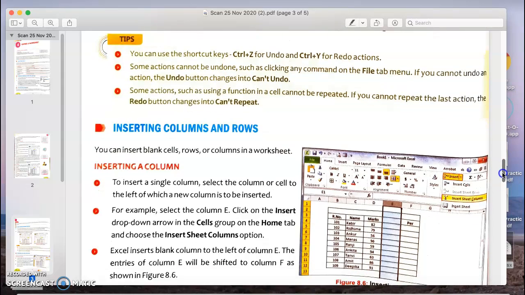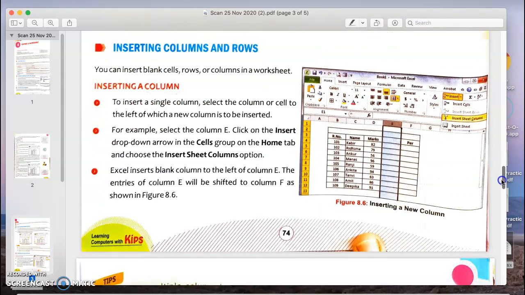Then we have the next topic, inserting columns and rows. Now you know, they are inserting a new column here. So first we'll read out the points and then we'll do the practical. To insert a single column, select the column or cell to the left of which a new column is to be inserted. First you select the next column, before which you want to insert.